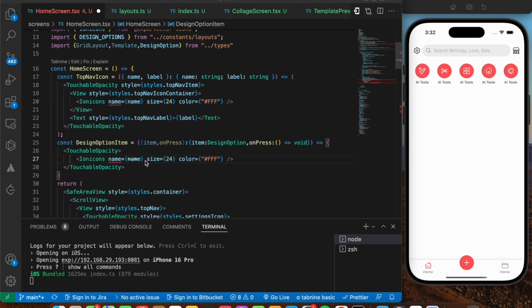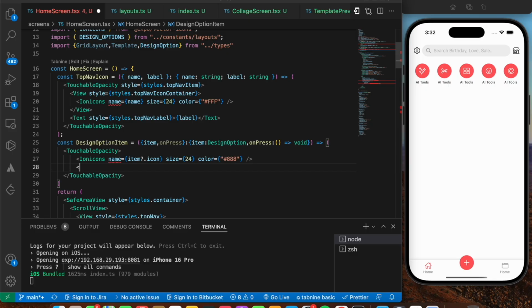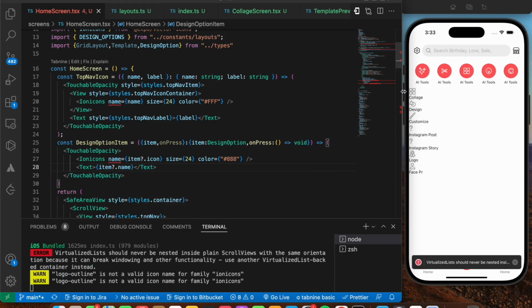So it's going to be equals to item dot icon. As you can see we got that suggestion, and size is going to be equals to 24, and your color is going to be equals to 888. Below that the item dot name, I'm going to say text. This in turn is going to show your item dot name. Save. So there you go, we do have all of the required things, that is collage, design, customize, Instagram post,